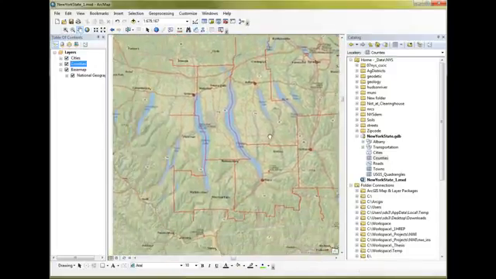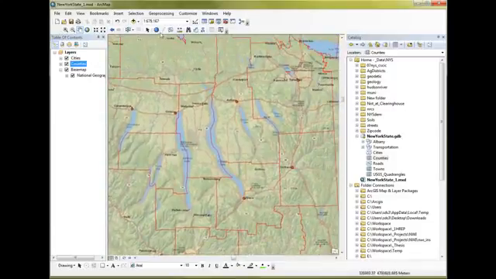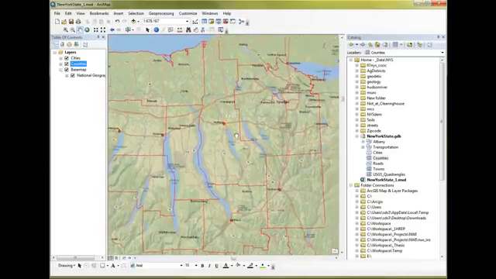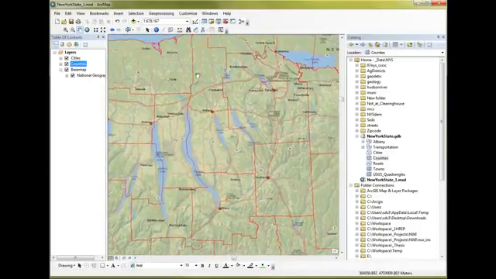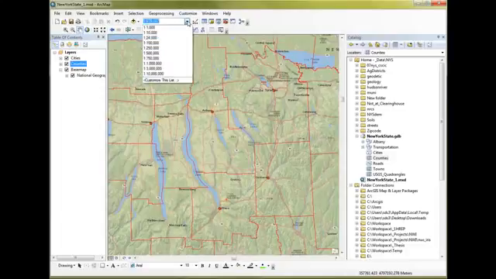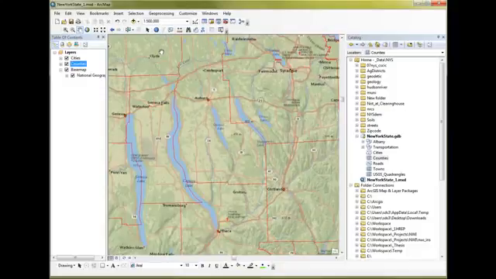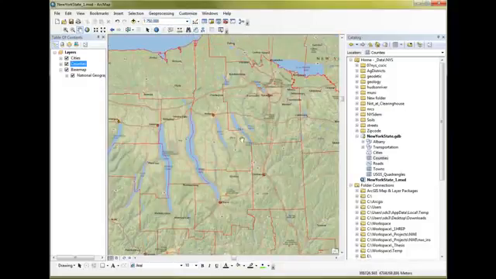And the panning does not change the scale, and you can check that up here. This is where you would find the scale of your current view. If you want a specific scale, there's a little drop down list right here. Just click on that and you can pick a standard scale, or you can customize that list if you want to. So if you want to look at a standard scale, say maybe 500,000, that's a 1 to 500,000 map. If we want to look at, well, what's a 750 scale? There we go. So we're seeing it at 1 to 750,000 scale